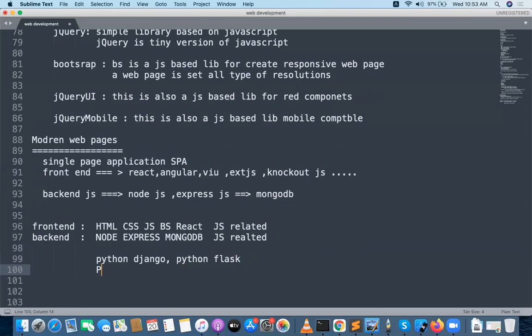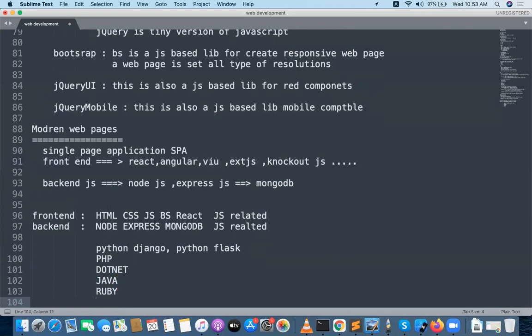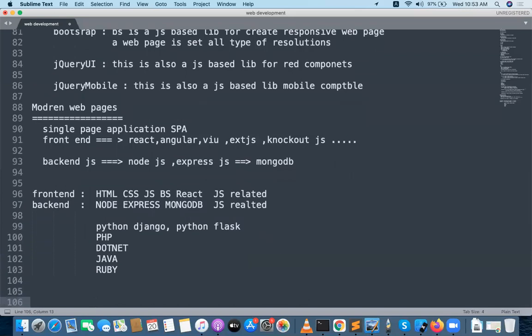After that, PHP is an older one. We can choose .NET, Java, or Ruby. There is no worry about the back end. The back end can be anything. Any type of server side programming can be used. It is used to store data and pick the data, that's it: preparing the API and accessing the API. But the front end is common anywhere you go.